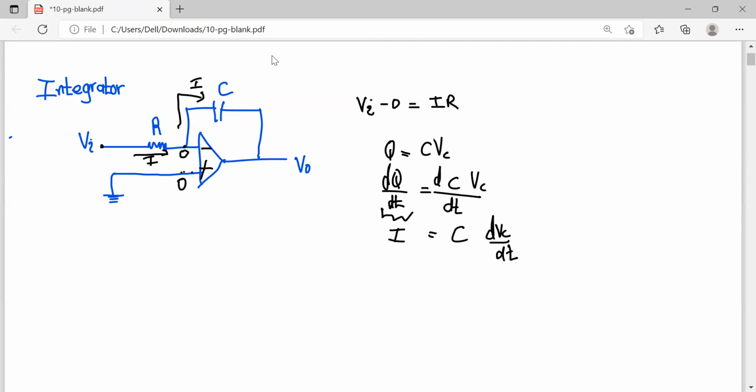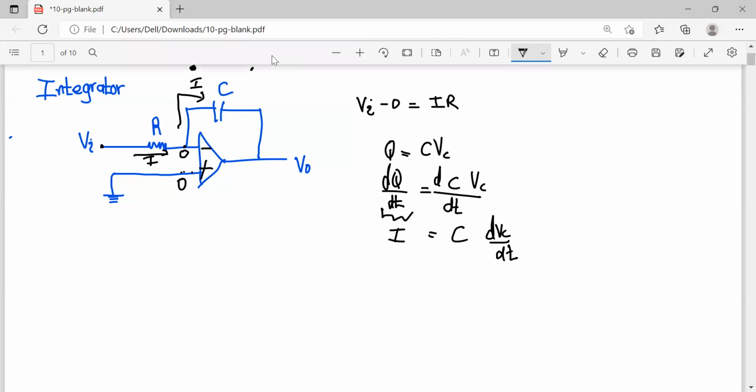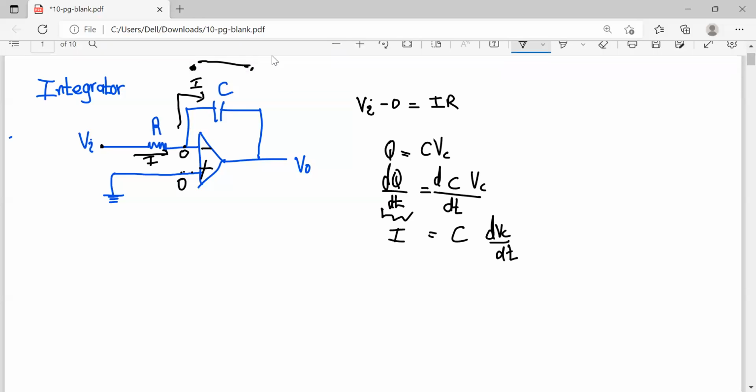The next thing is where we need to mark the VC. You need to be very careful when you are marking the voltage across the capacitor. According to this diagram, I have marked that I goes from left to right, which means if the current is flowing from left to right, you can directly tell the voltage is higher on this side. We are assuming that the voltage is higher on this side. So we are going to mark the VC in this direction, from right to left,